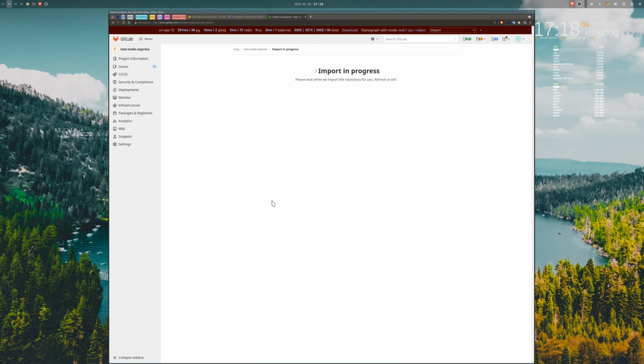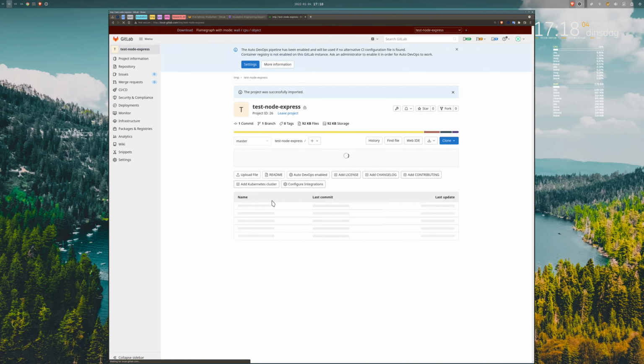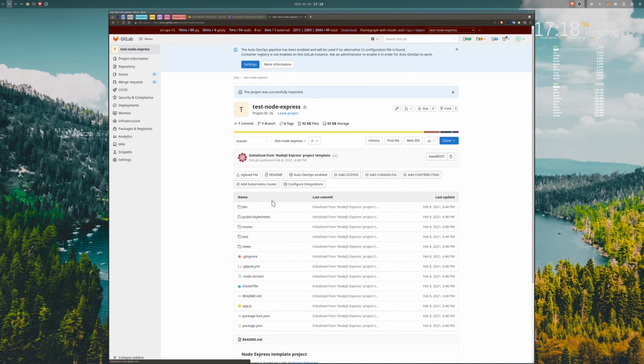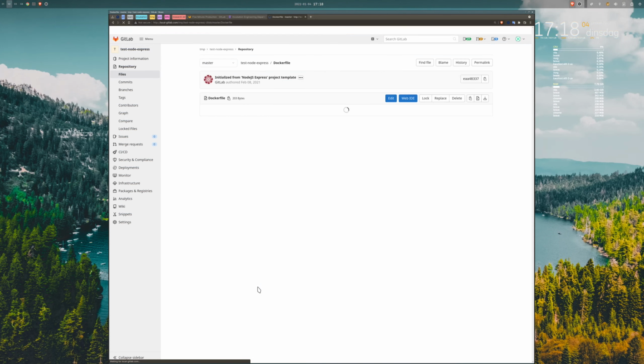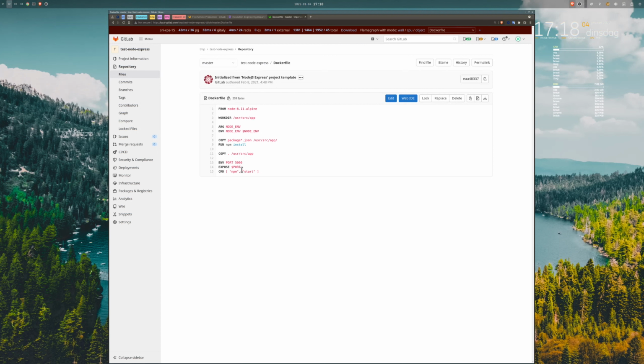This will initialize for me a project which is a standard Node.js project which contains Express.js source code. Express.js is a very simple web framework to create web applications. You will see that this project comes with a Docker file, and the Docker file exposes the web application on board. I want to deploy this application, so I'll select the Infrastructure Google Cloud menu,